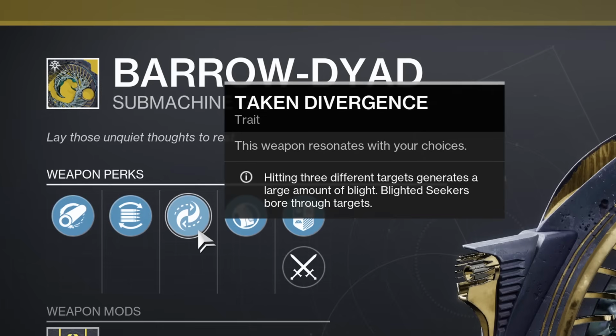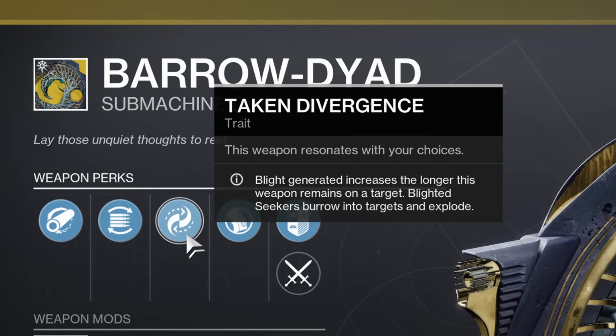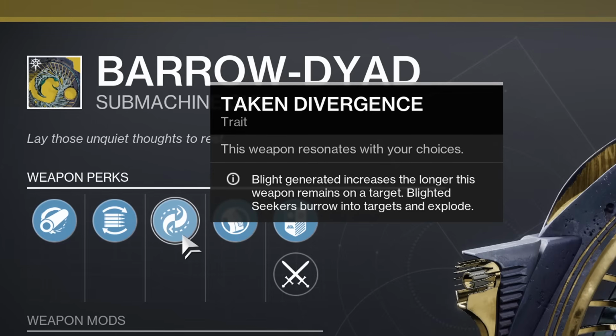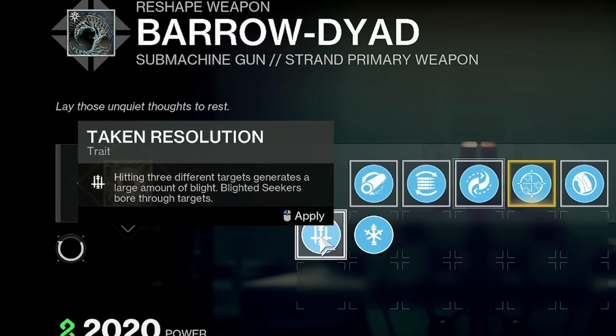Resolve generated more Blight from hitting 3 separate enemies, and Seekers overpenetrated targets, whereas Ambition built more Blight from sustained damage, and Seekers burrowed and exploded for significantly more damage to those afflicted. With level 5, however, you can select which of these you want to put on the weapon permanently, Taken Resolution